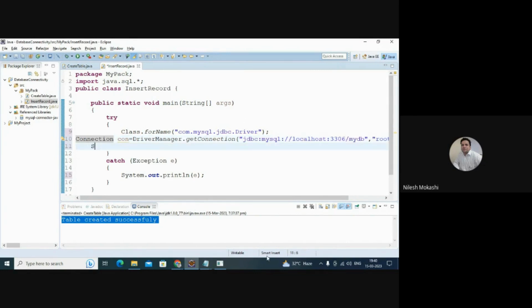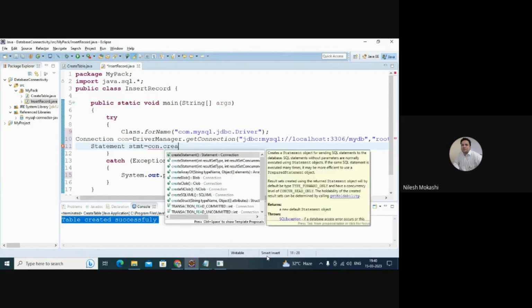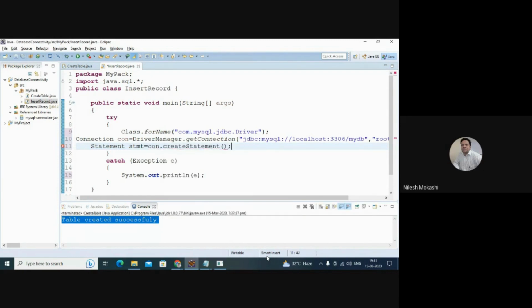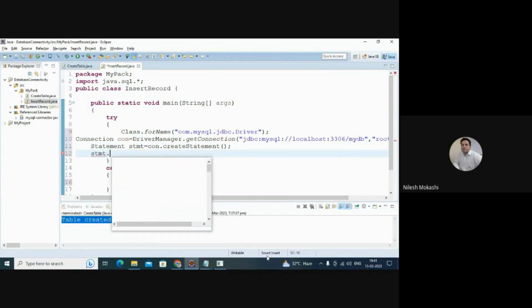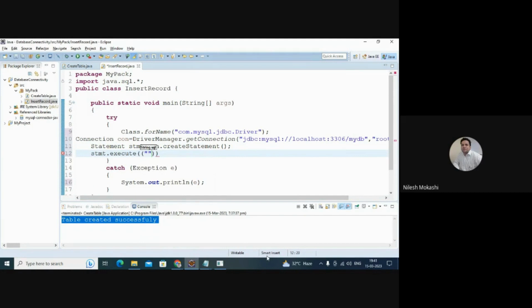Now let's create the statement. Remember, right now also I don't want anything to be returned from the database. I just want to execute the query on the database. As we executed create table, similarly here we will use insert into. So you will say Statement stmt equal to con.createStatement. After that, you can say stmt.execute, and in brackets you will say insert into